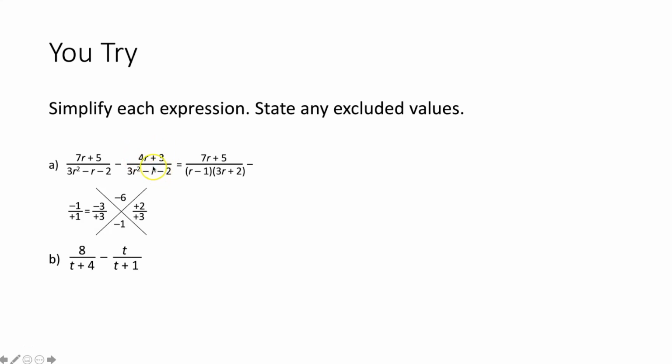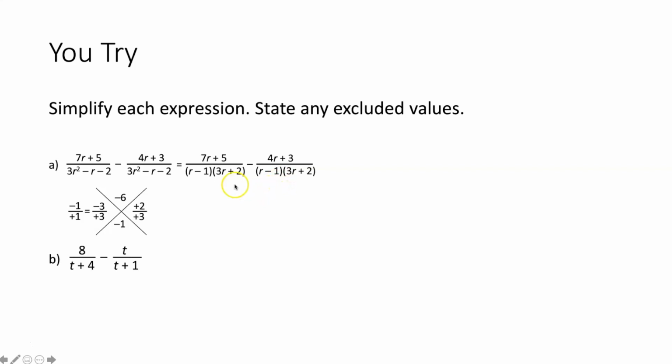Our numerator is factored. Our denominator, though, is a quadratic trinomial that we can factor using a magic x. And look, it's the exact same quadratic trinomial. So it's going to factor the exact same way that this one did over here. Now that we have completely factored our numerator and denominator, we can move on to step 2, where we state